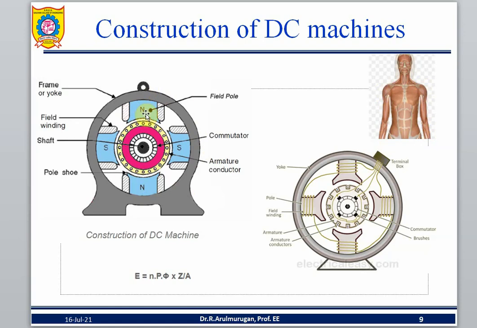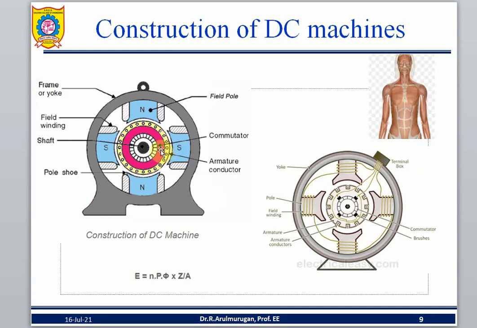And what else? This is a pole, and there are 1, 2, 3, 4 poles, and a commutator is there, and armature coil, field coil. A brush you will connect externally. This is a brush in the outer part, it is going to connect it. So the construction is developed.